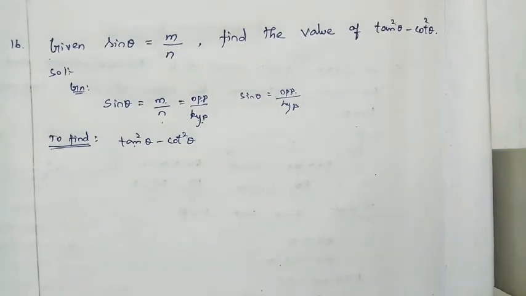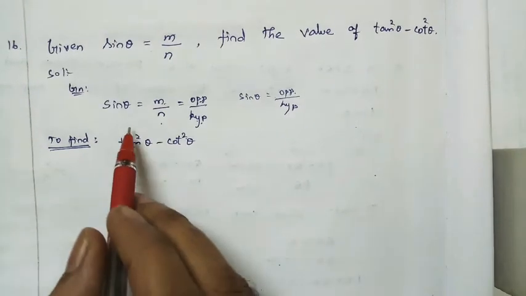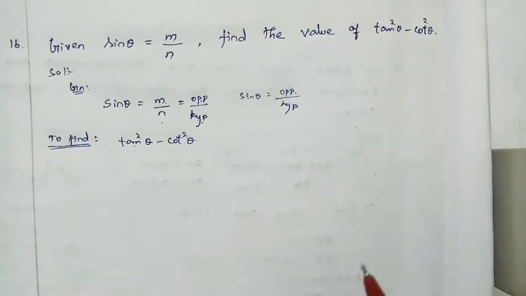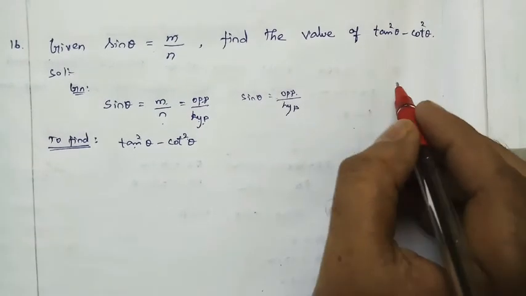The same methodology, right? The first concept, fully the same methodology. Whenever we have trigonometric ratios and we know only two sides, we want to find the third side. So how are we going to find the third side? By using the Pythagoras theorem, right? First we can draw the right angle triangle.